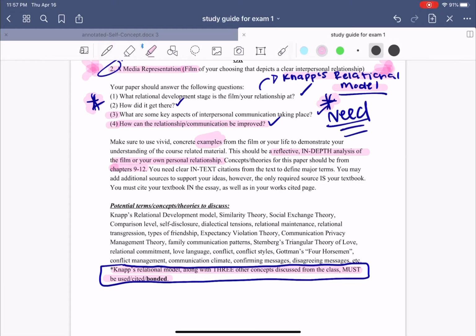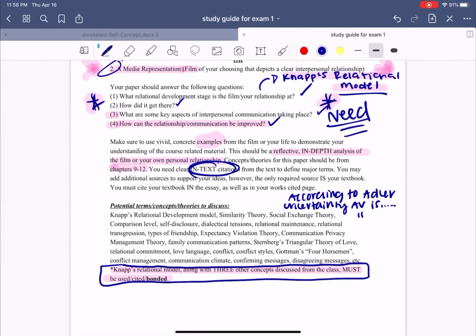Concepts and theories for this paper, again, will come from chapters 9 through 12. You need in-text citations, right? Y'all know what in-text citations are, right? So, according to Adler, uncertainty avoidance is... And then if you're using direct quotes or a direct definition, y'all need to